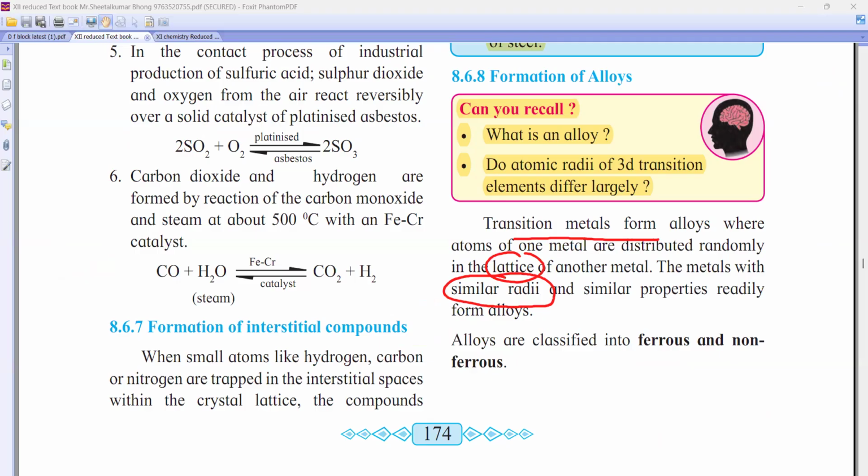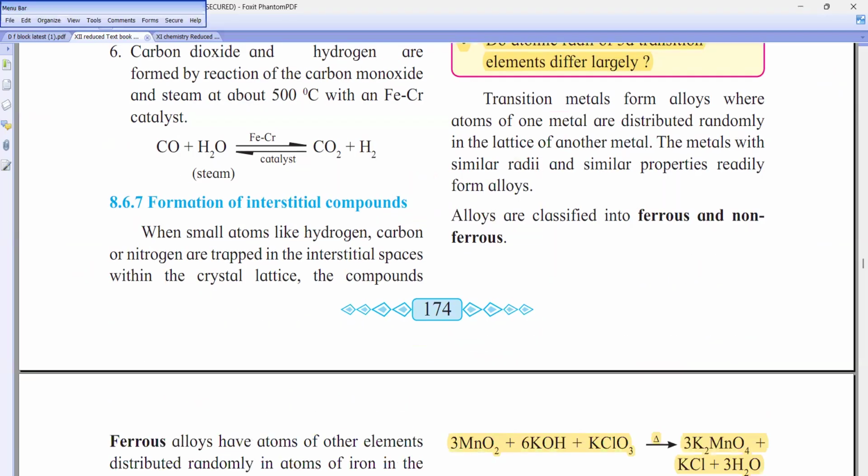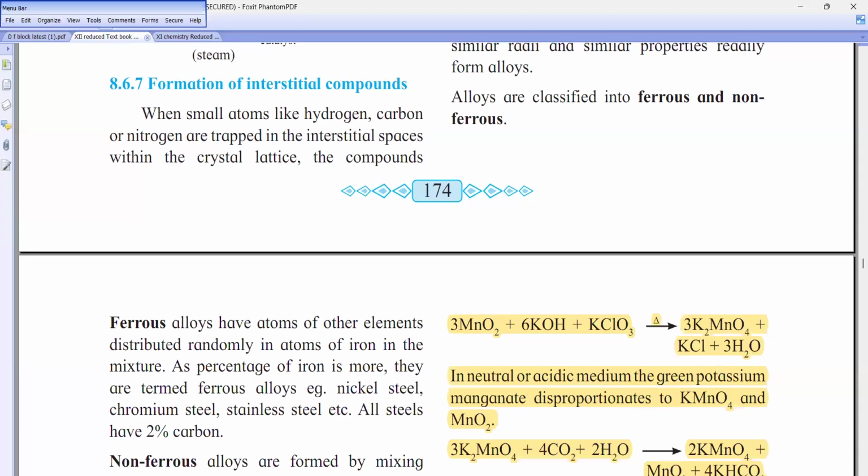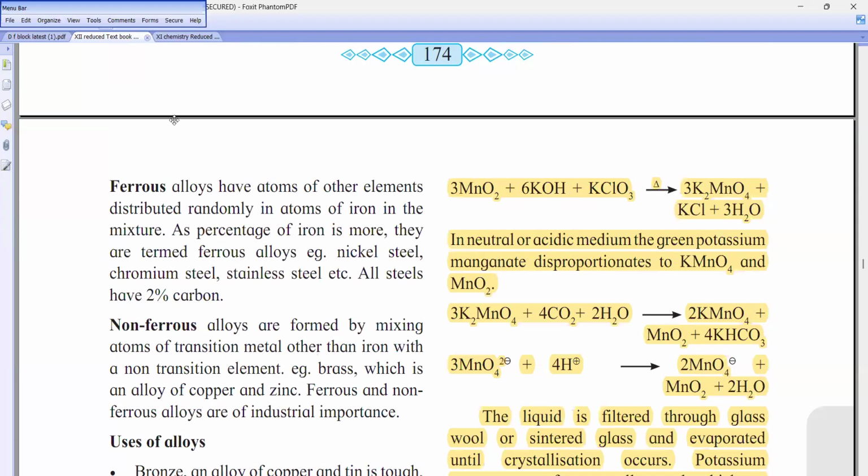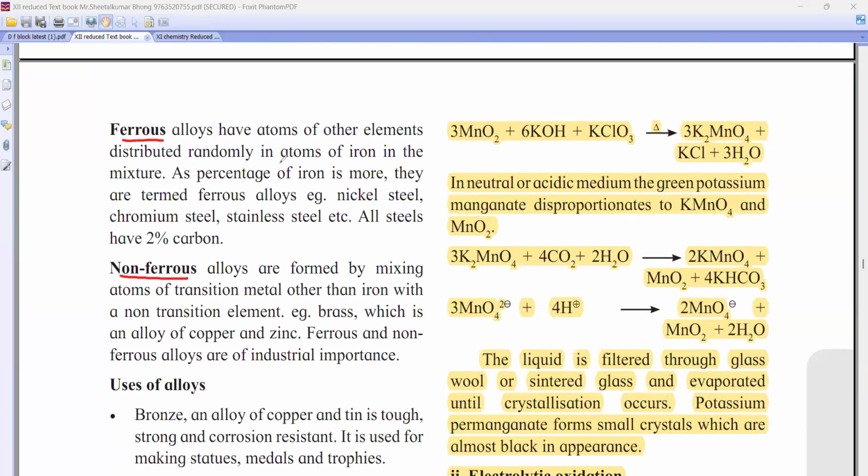यहाँ पे एग्जाम में क्या पूछेगा, वाई डी ब्लॉक एलिमेंट फॉर्म एलॉय, तो व्हाट विल यू से: सिमिलर एटॉमिक साइज एंड their crystal lattice can displace each other. They will ask you which are ferrous alloy and non ferrous. तो ferrous alloy में क्या होगा बेटा, परसेंटेज ऑफ आयरन इज मोर: स्टील, क्रोमियम स्टील, स्टेनलेस स्टील। नॉन फेरस में क्या होगा बोलो बेटा, एलॉयज आर फॉर्म बाय मिक्सिंग एटम अदर देन आयरन, आयरन नहीं होगा, जैसे ब्रास। एग्जाम में पूछेंगे ब्रास इज एन एलॉय ऑफ व्हाट, कॉपर एंड जिंक। एमसीक्यू में आता है।